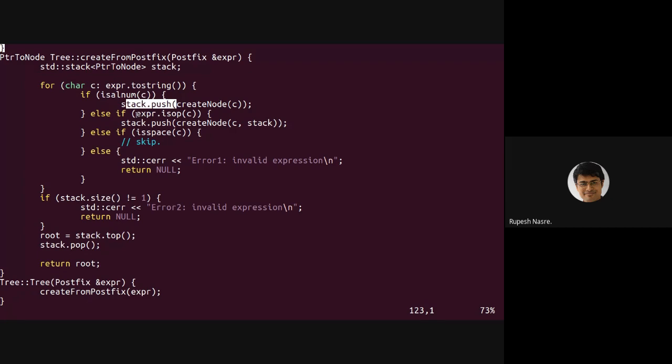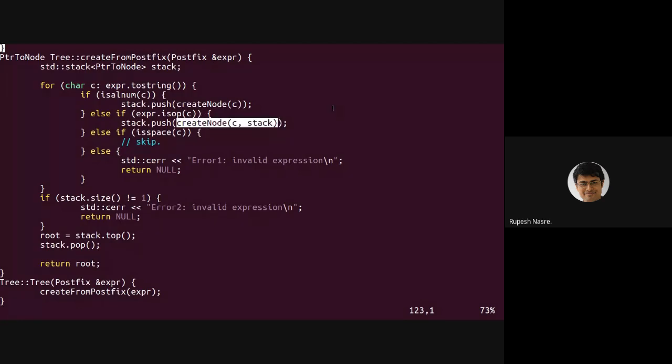In contrast, if it is an operator, that is plus, minus, star, slash, then using the top two values, I'm going to take the operator and create a node corresponding to that, link it to the top two elements. And this create node is different from this create node. This takes one parameter, this has two parameters, but their names are the same.